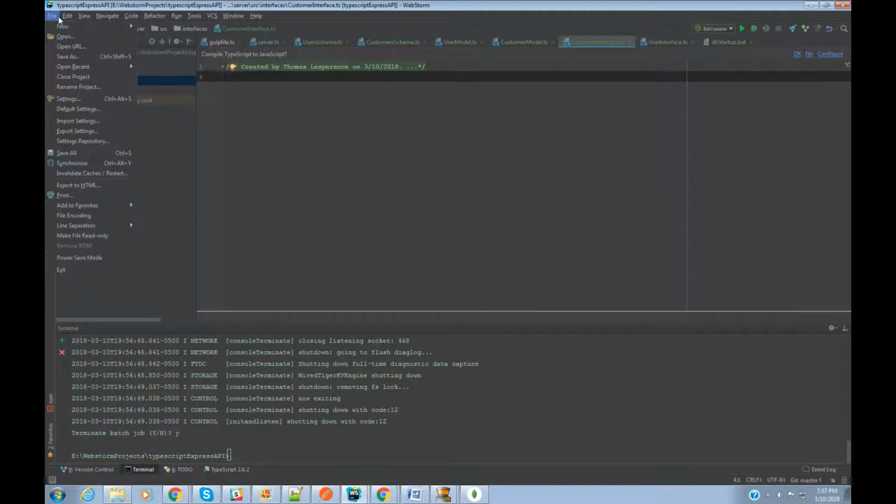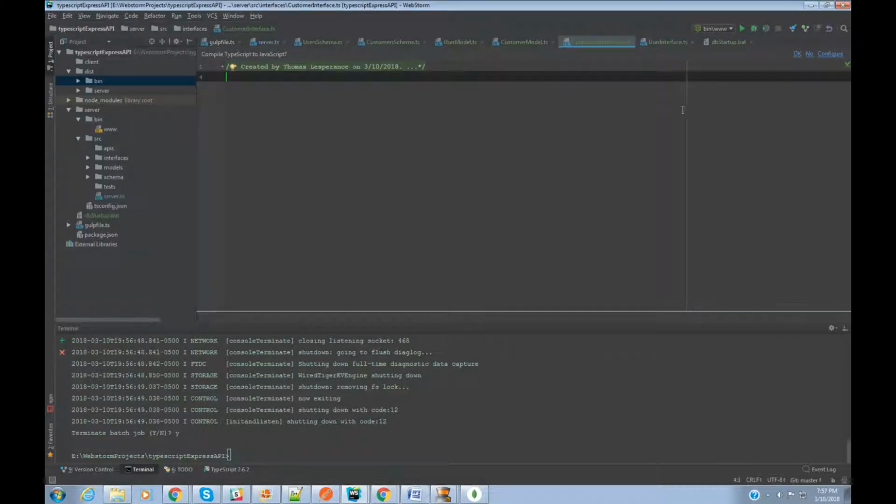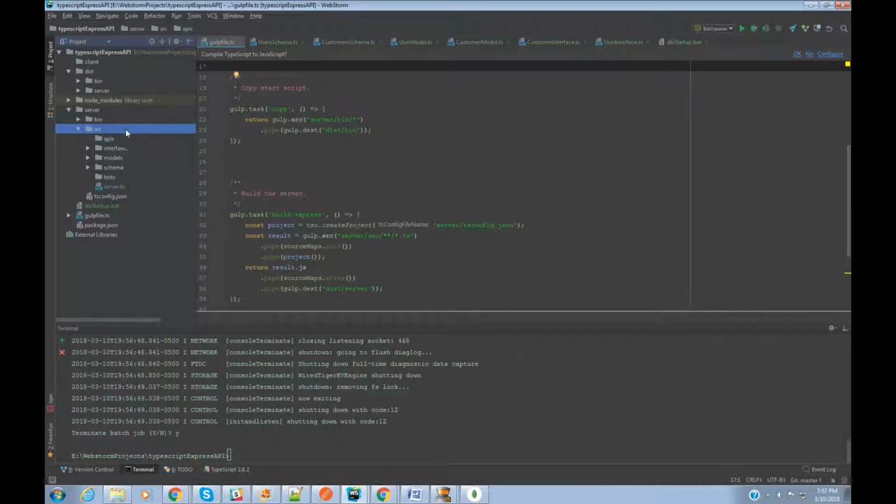If you've been working with this IDE, you can just go to Open Recent, and you can still get a hold of it. Once you have the project opened, there's just a couple of things. So for the viewers who followed along with our first video, there's a couple of small changes you need to make, so make sure that your server TS file is in